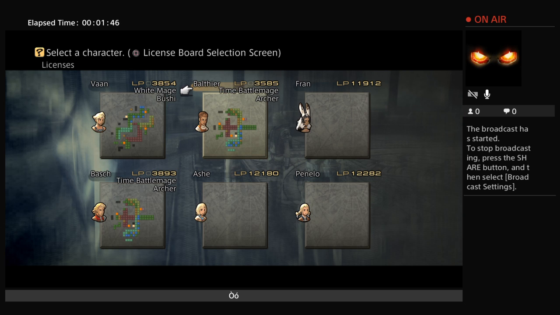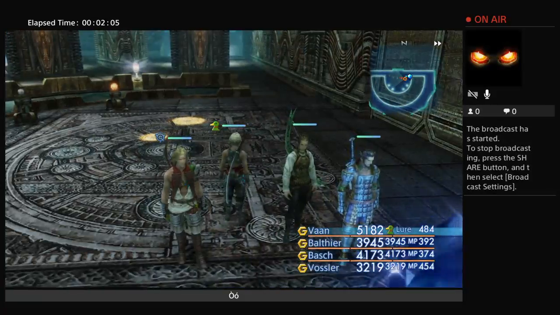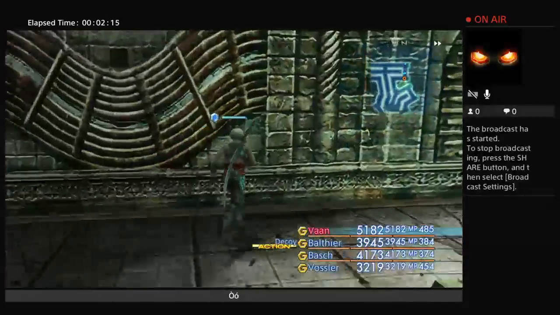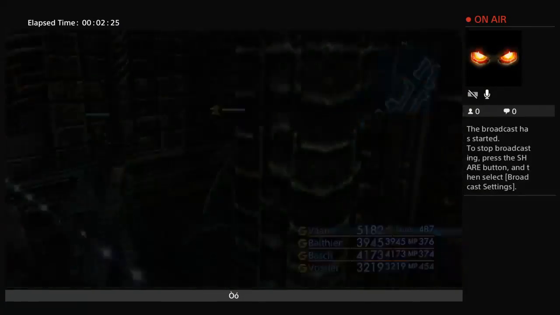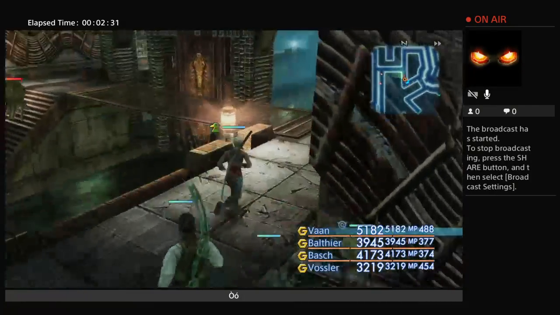This, I have to say, is one of the tightest combos. The Time Battle Mage complements the Archer so well, and I'm going to show you why. Bad enough the Archer is long distance, but watch what the Archer can do with the Time Battle Mage on. You already saw what it did by itself, but with this,